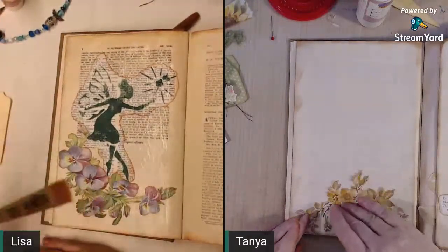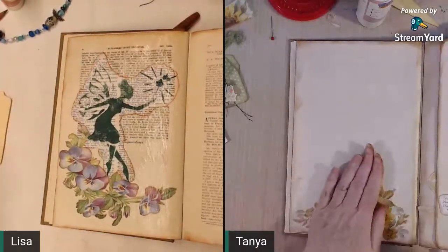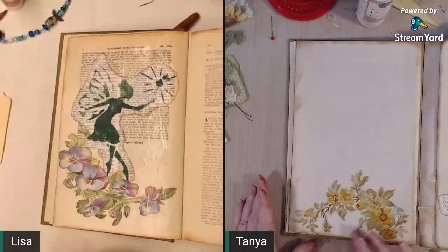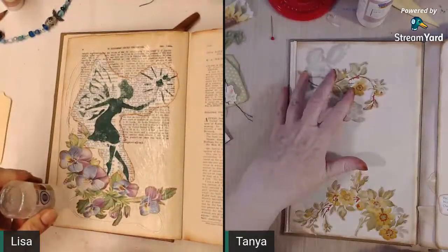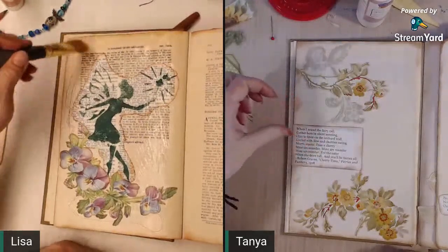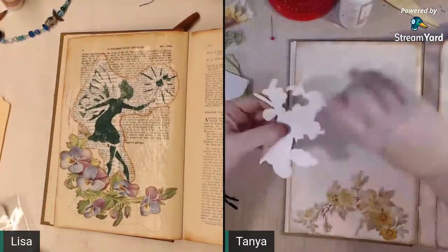Okay. I think I'm just going to lightly coat the whole page. Okay. That ought to be pretty. I've done half of it already, so why not do the whole thing? I need to put something under that, though. I think rather than glitter glue, I'm going to put that on with...